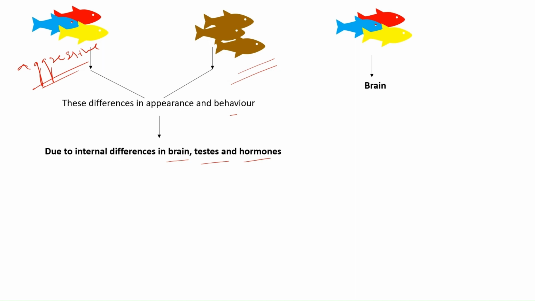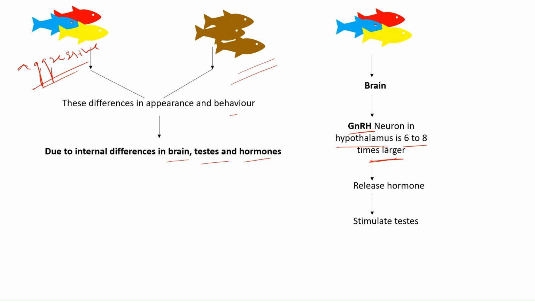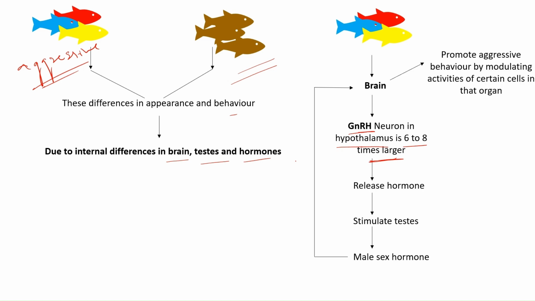For the colorful males, their brain contains a neuron known as GnRH. This is present inside the hypothalamus, and this GnRH neuron is 6 to 8 times larger in colorful males compared to the pale colored males. This neuron releases one particular hormone which stimulates the testes. Testes will then release the male sex hormone. This male sex hormone in turn will stimulate the brain to promote the aggressive behavior by modulating activities of certain